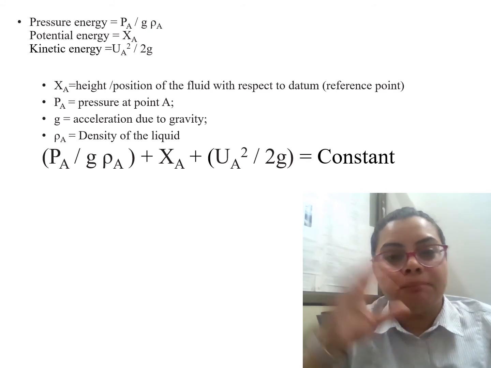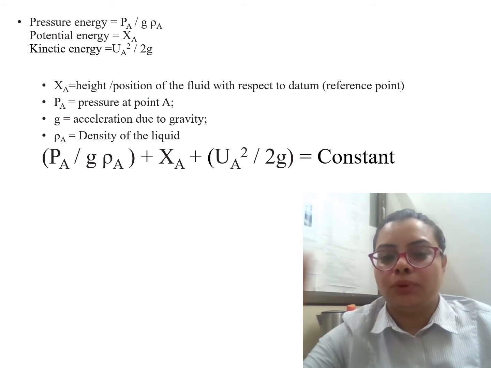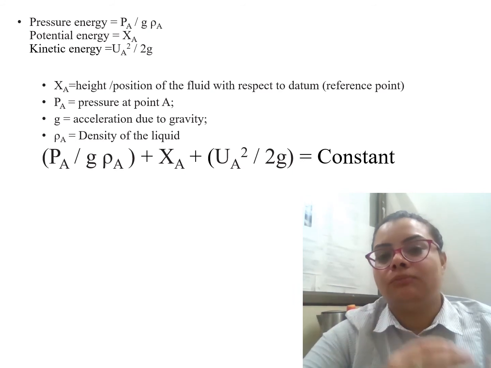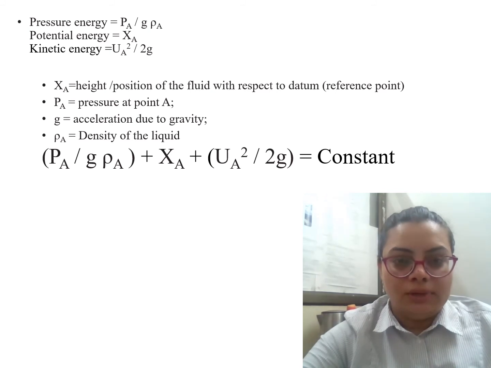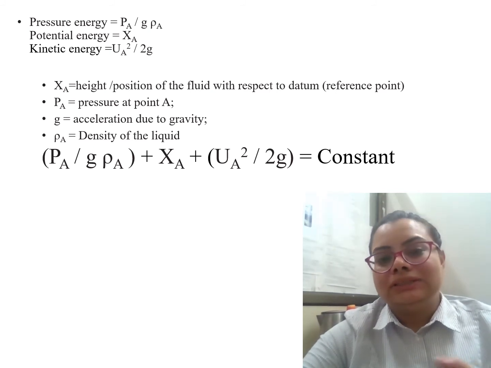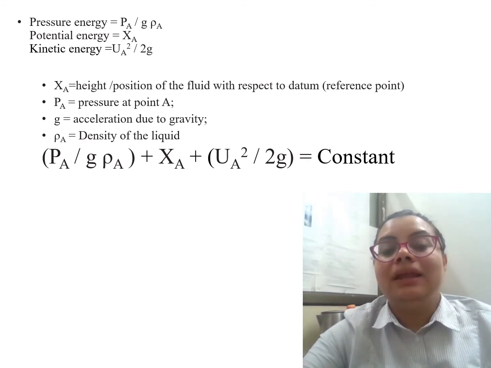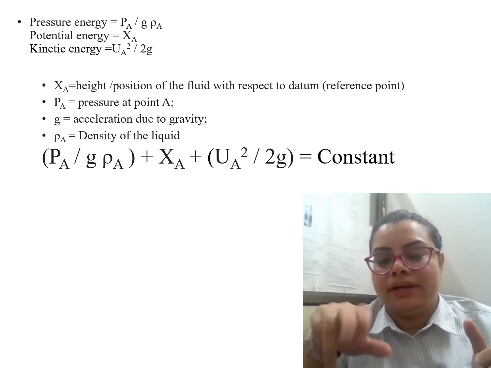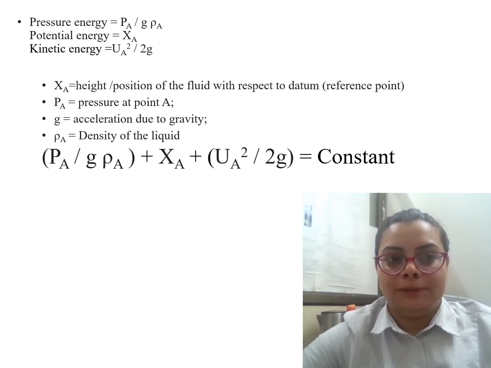And other than that, a pump was placed so as to transport the fluid from point A to point B, so that means we are adding energy for it to flow from point A to point B. That will also be considered during the Bernoulli's equation calculation. Other than that, all these three terms, pressure, potential and kinetic energy, have equal units, and they are in addition. We are using the addition sign, plus sign, there. Okay, so just note these points very carefully.